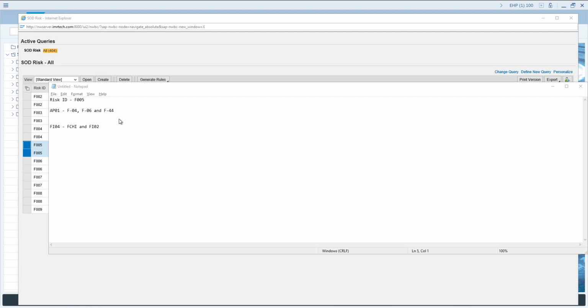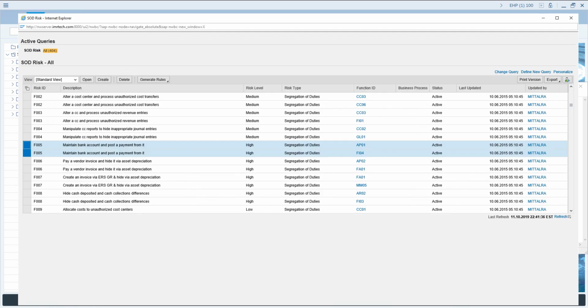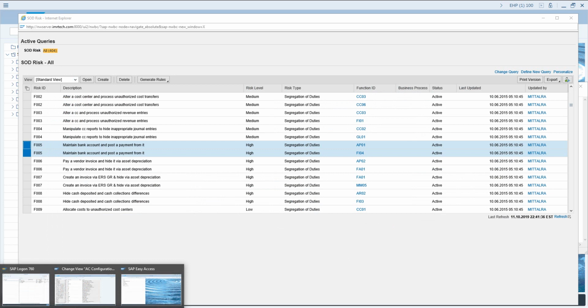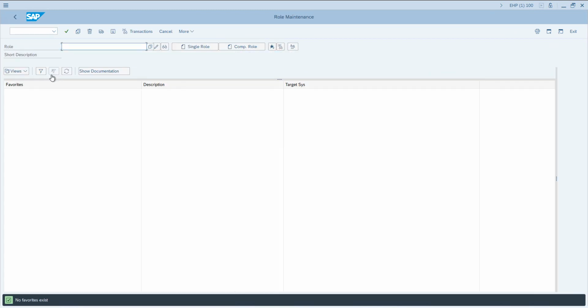So let's go and create a role in the backend system with a couple of these transaction codes, one each from both the business functions. What we are going to do is based on the configuration settings we defined in the GRC system and the plugin system.